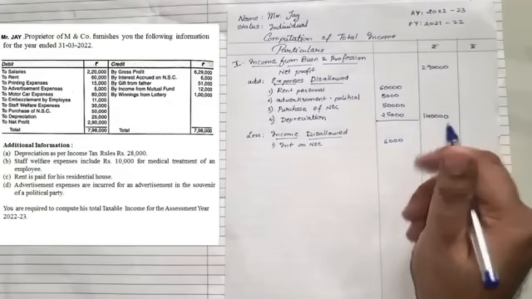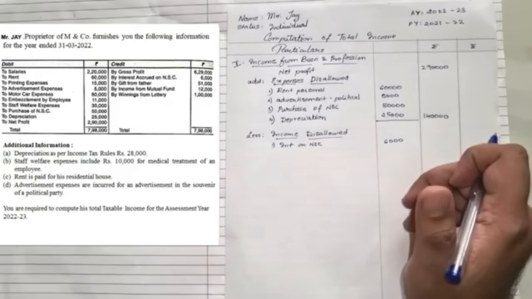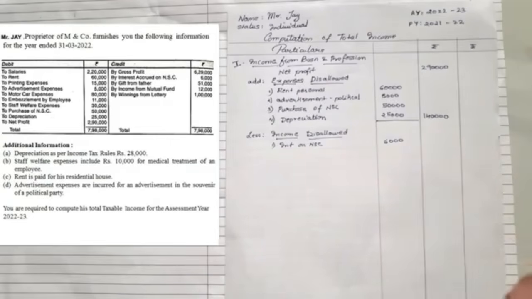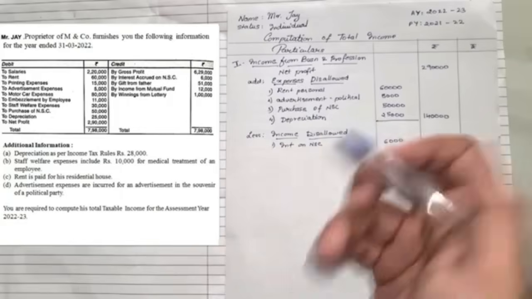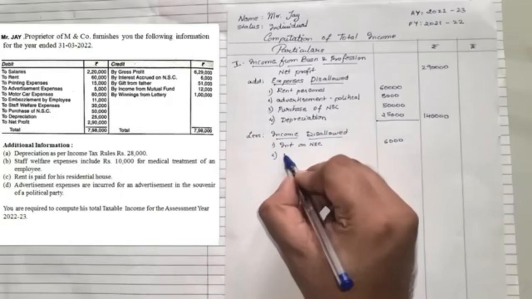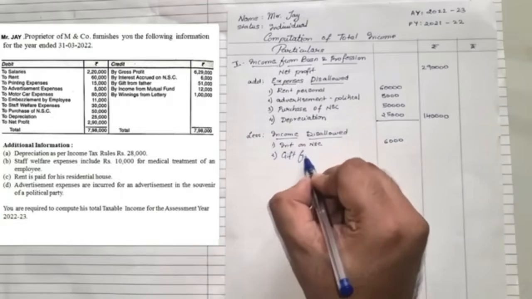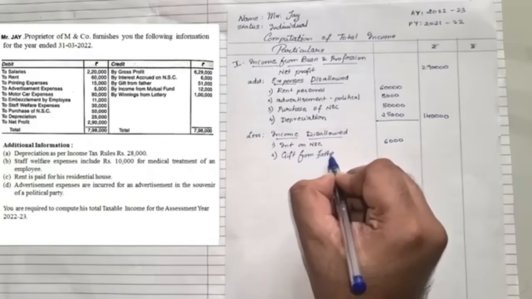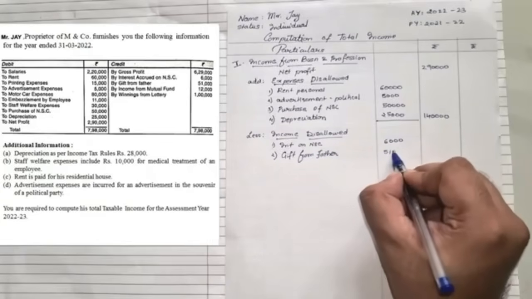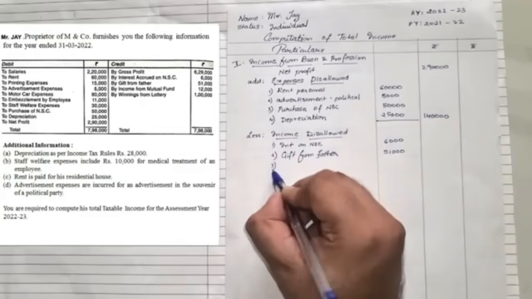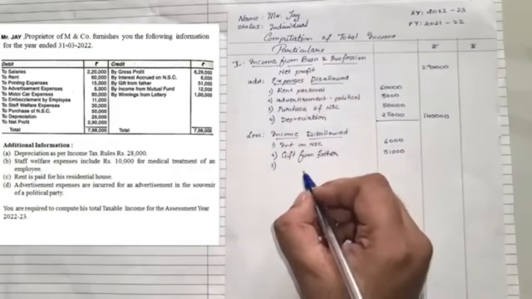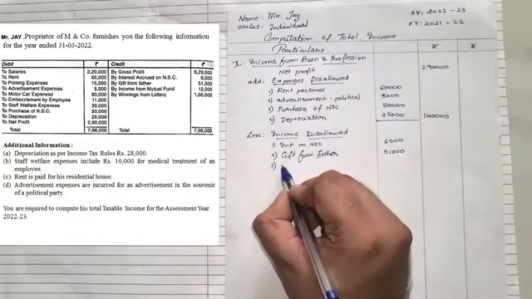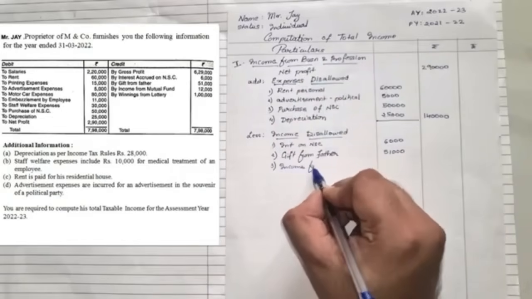Next is gift from father. Always remember, gift from father, mother, grandparents and your siblings are not taxable under income from other sources, but since this is a business and profession income, and it is not business related income, it will appear here. The second, gift from father, since it's not business related, we'll note it down, 51,000. So just think of the fact that all those things which are not business related we need to note here, expenses and income. Okay, next is income from mutual fund, again not business related,